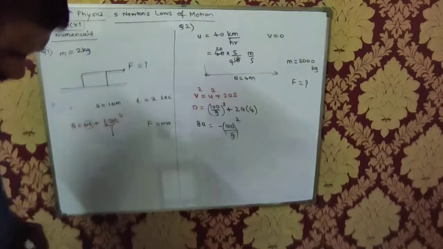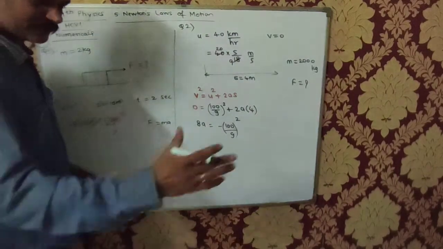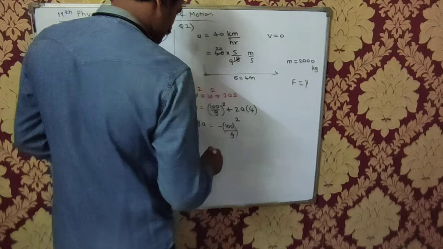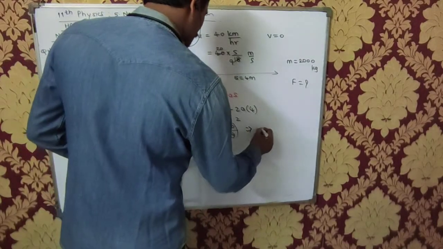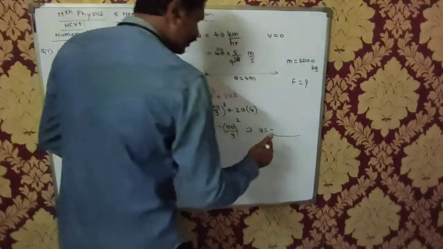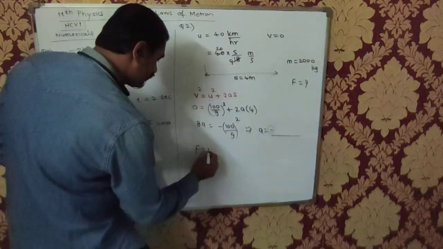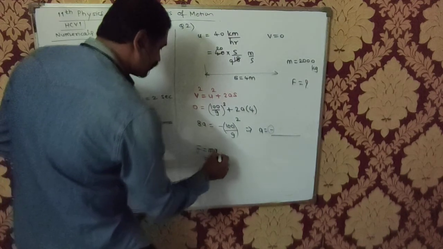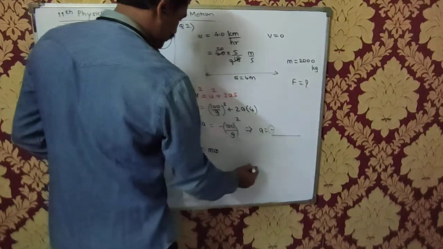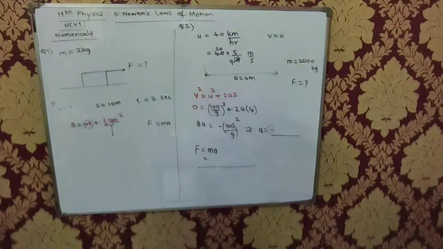Something like this. You see? So you can calculate this with the help of calculators. This will give you acceleration, but this will be the negative acceleration, meaning that it's a deceleration. But I will take only its positive value for the sake of calculation. F is equal to ma. You substitute m, you substitute a, and get the value of force. Can I leave it to you? Okay.